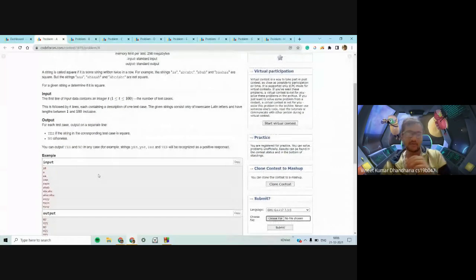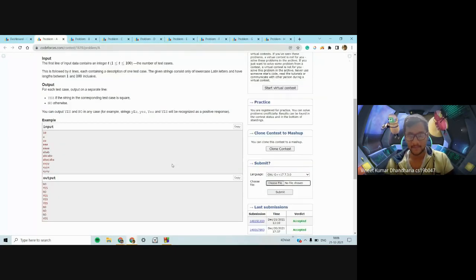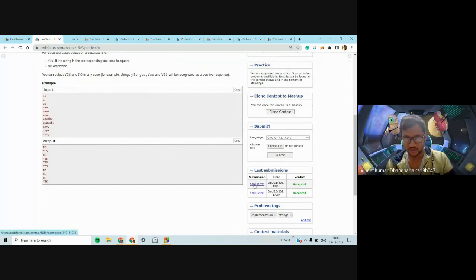And if it's even, what you would just do is take half of it, say it's m, and now you can compare all the characters. You can use string functions like substr to make your code look a bit smaller, but the core idea is you just compare the ith character with the i plus m character for all i less than m. So I will just show you the code.